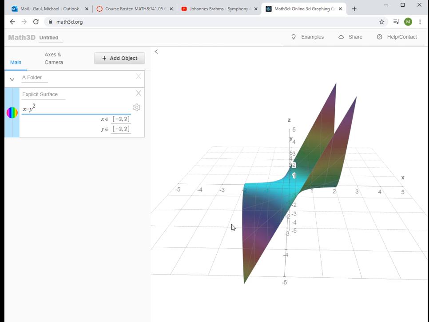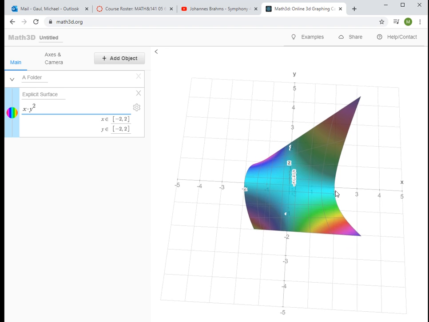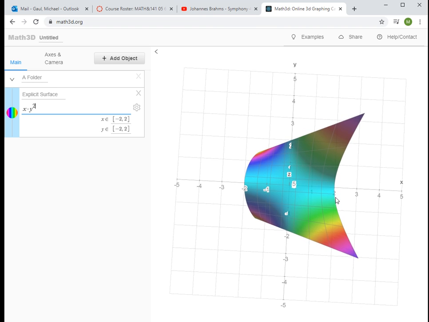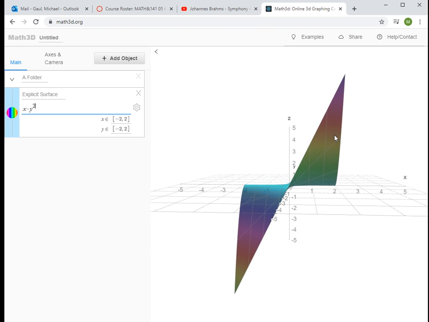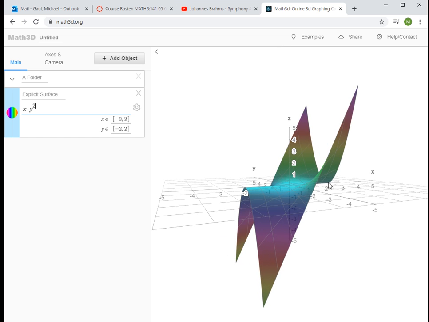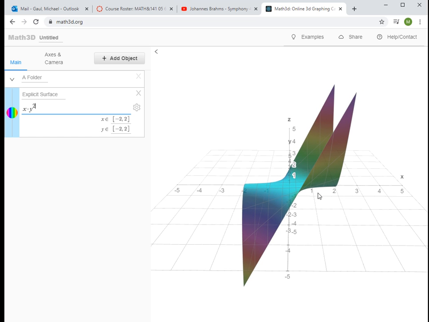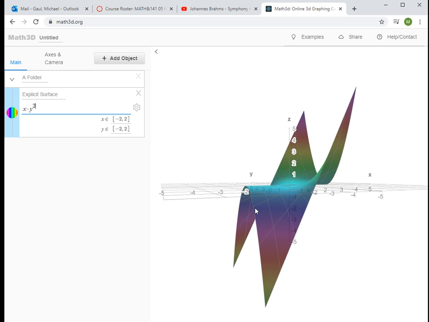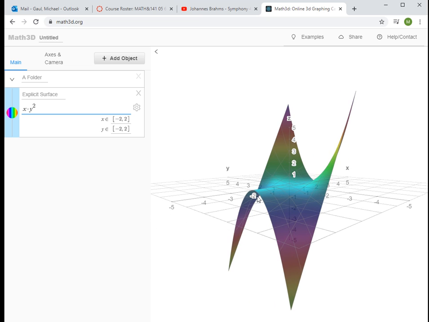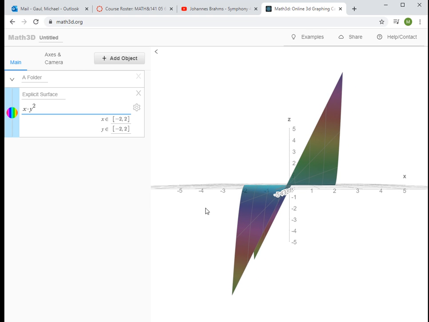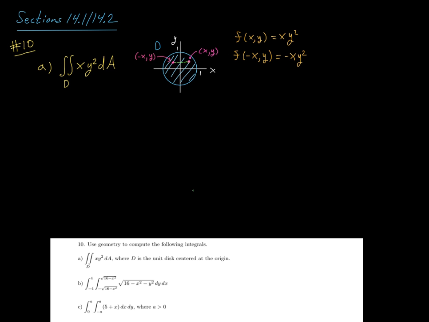And to add to this, let's bring up this picture of the surface. Looking down on the XY axis gives us this view, and it's really this view that you want to pay attention to. Any volume I pick up above quadrants 1 and 4 gets canceled out by the equal but opposite symmetric volumes, which are counted as negative down here. So when all is said and done, this condition implies that f is an odd function